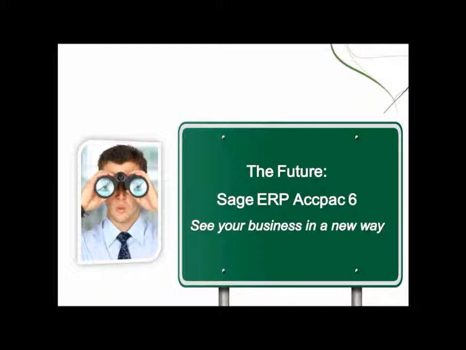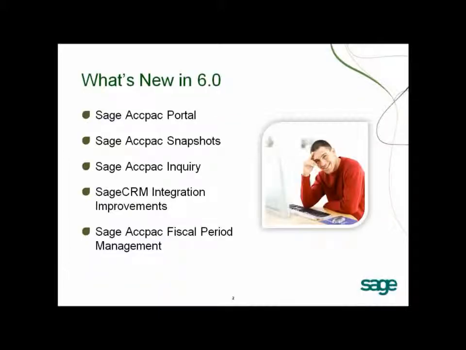Welcome to Sage ERP Accpac version 6.0. In this release, we are improving specific areas in our product that customers have asked us for. The 5 areas of improvement we'll be highlighting today include the usability of the product with a new user-friendly interface and simplified navigation, allowing users to quickly and easily extract data out of Accpac by using the new inquiry feature,